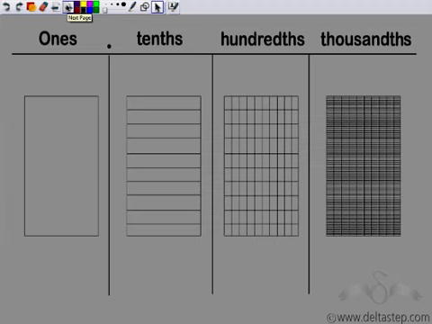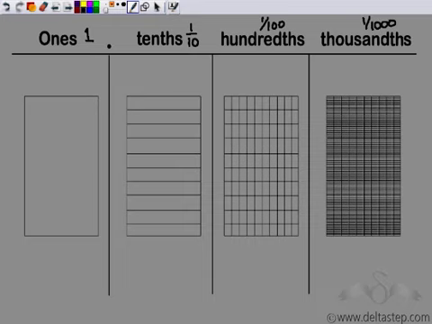This is 1. This is 1 divided into 10 equal parts. Now further I divided each tenth into 10 equal parts. So there are 100 parts in this 1 now. So 1 has been divided into 100 equal parts now, which is hundredths. And further what I did is I divided each hundredth into 10 equal parts. So each hundredth has 10 parts. So now I have divided this one whole box into 1000 small parts, which gives me 1 by 1000. So this is how I get these numbers.